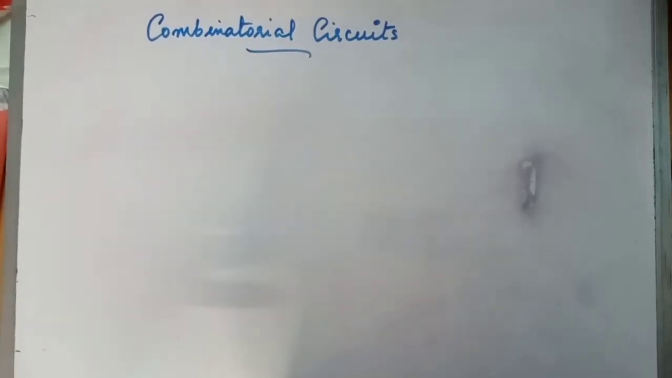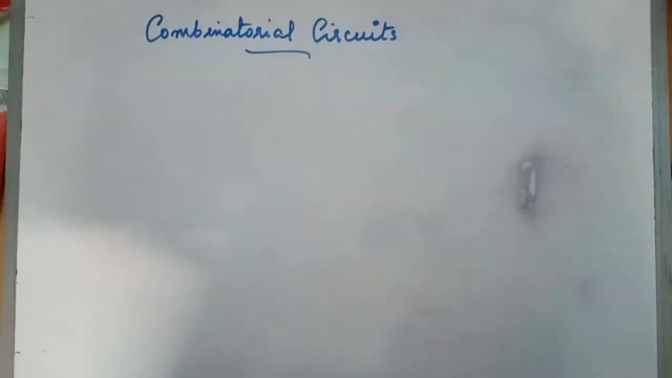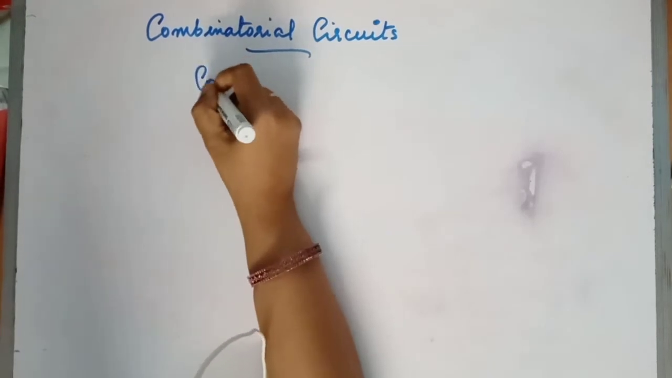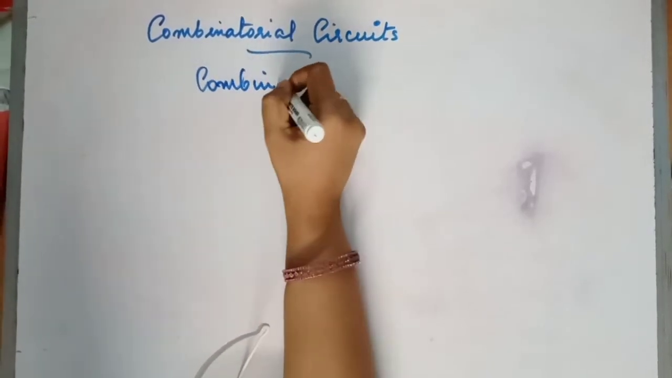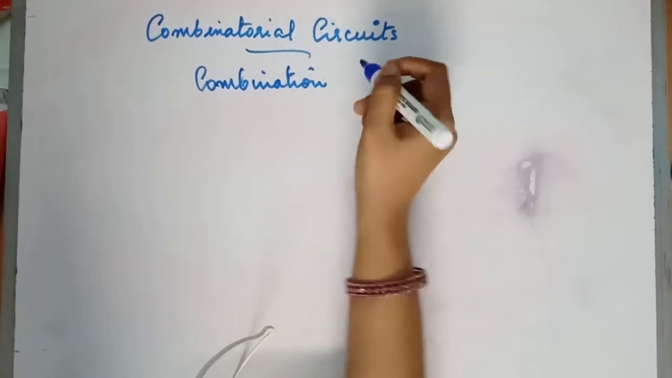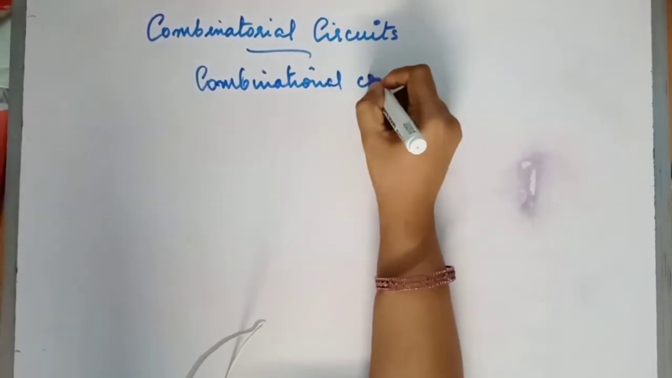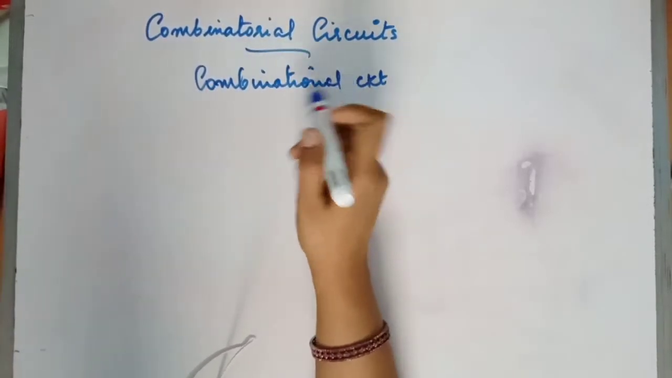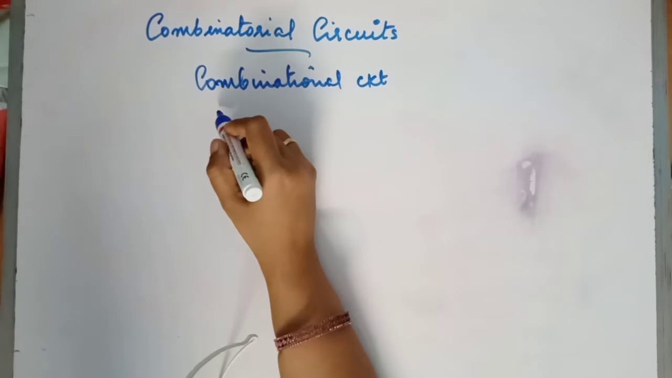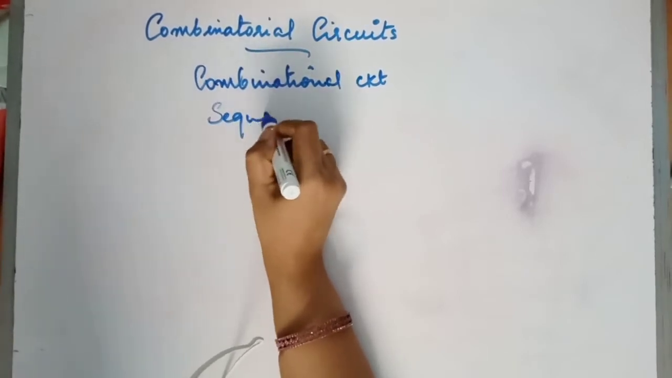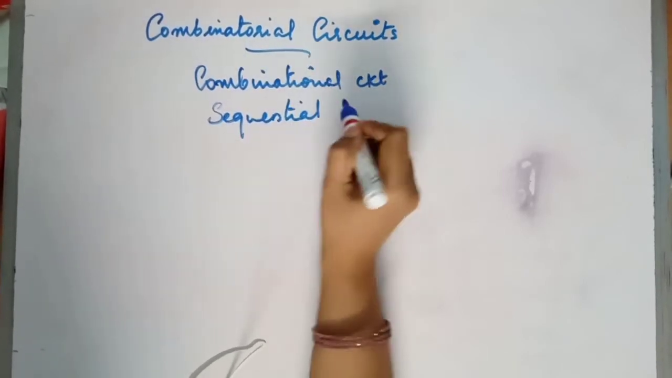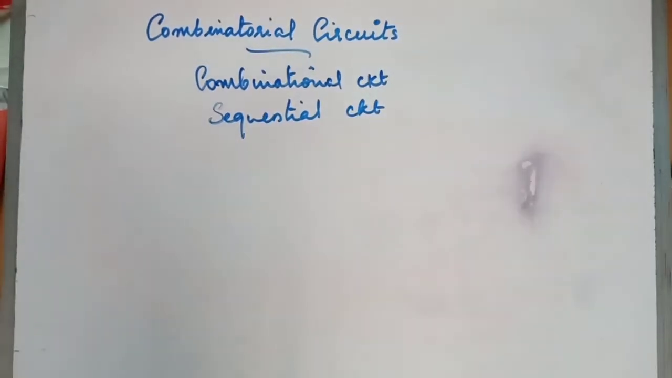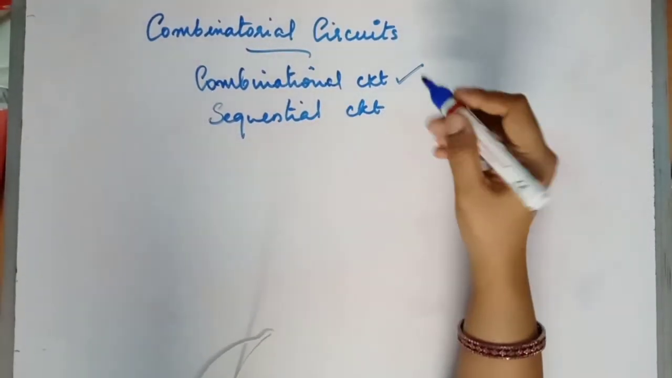Next is combination circuit or combinatorial circuit. In combination circuit, you have actually two types of circuit. One is combination circuit and the other is sequential circuit. So in combination circuit, which we will be dealing with now,